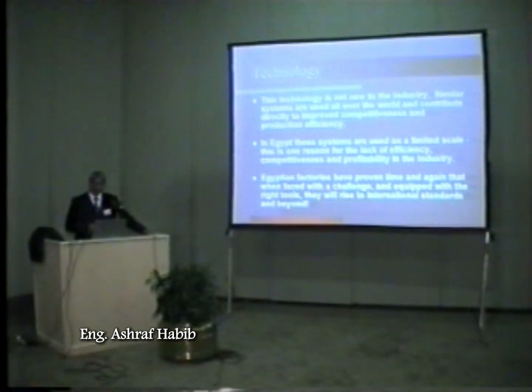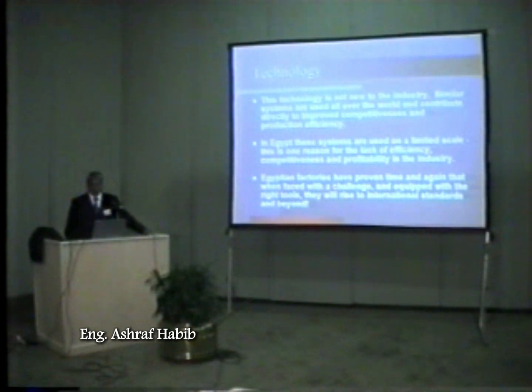There are some factories here in Egypt that are using these systems. There are very few, like 3 or 4 factories only, that have a system and apply it. Of course they're among the largest factories, and I know one factory bought a system for over £1 million. They have to get that type of system. One of the companies where I've seen the system is a public sector company, and they made that investment.